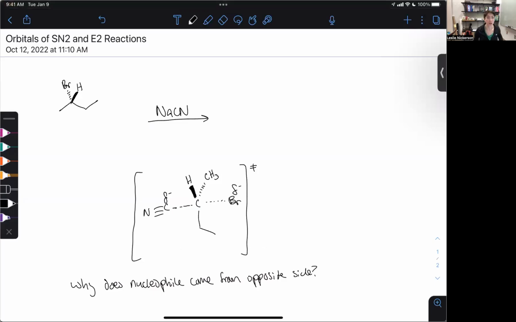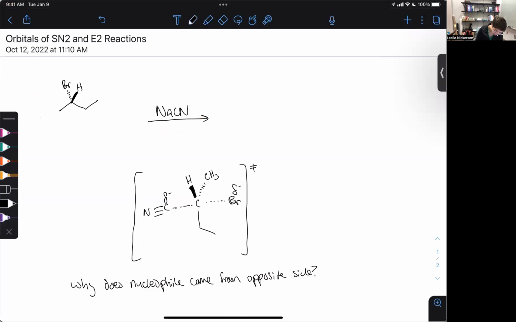Hi, everybody. I'm going to talk a little bit about the orbitals going on in these SN2 and E2 reactions. This is mostly for those of you who are curious as to why we're doing things the way we are. So if we have just a normal SN2 reaction here, so I've got sodium cyanide, I've got a secondary alkyl